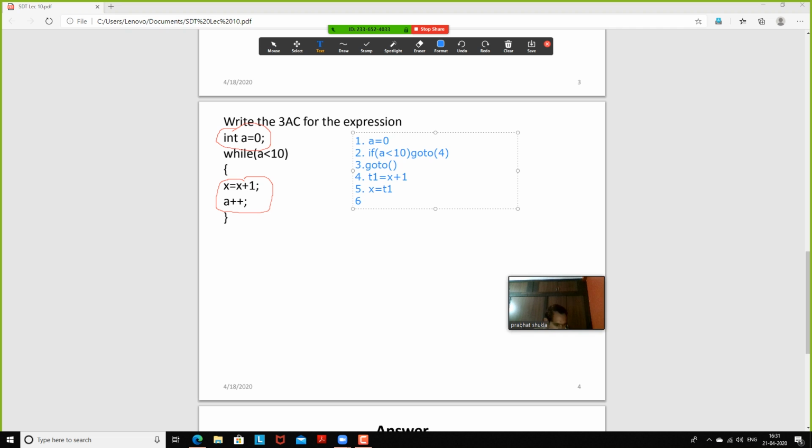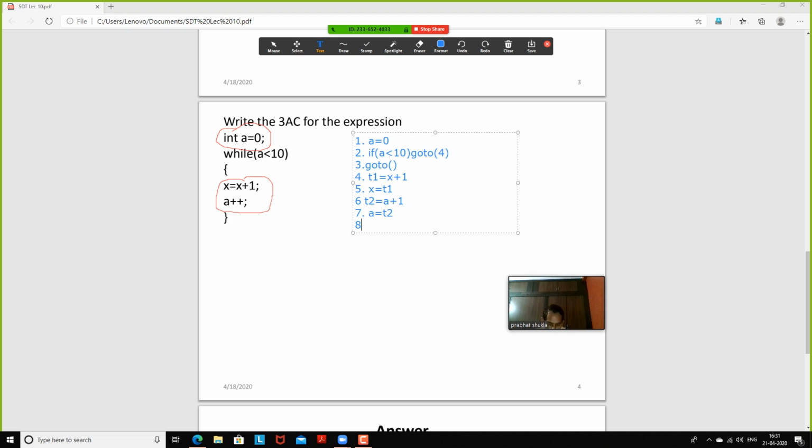These two statements are sufficient to evaluate x equals x plus 1 according to the three address coding technique. Then the next is t2 equals a plus 1, because a plus plus is treated as a equals a plus 1, so we follow the same procedure. And in the seventh step, a equals t2.